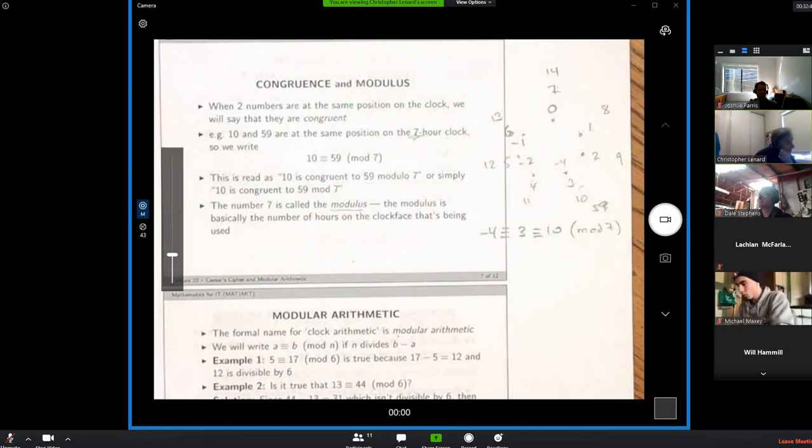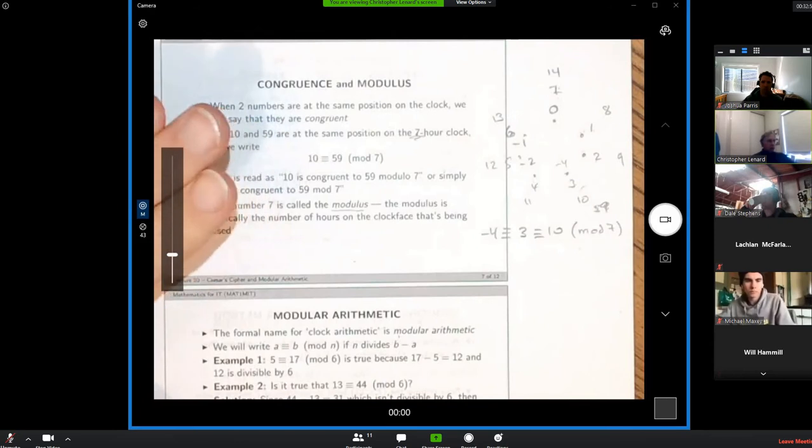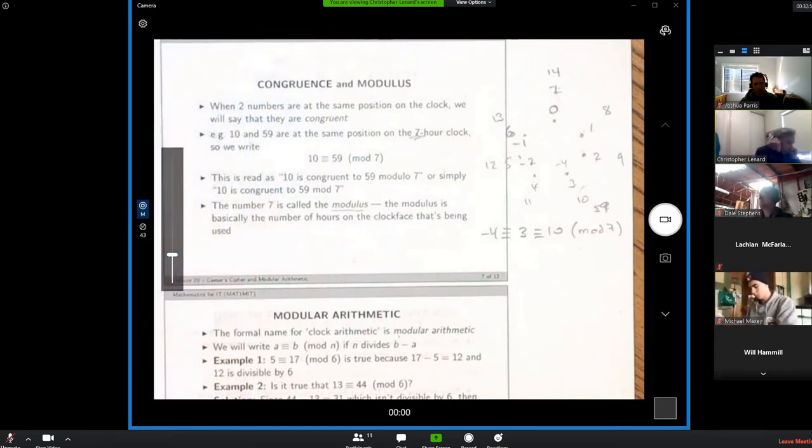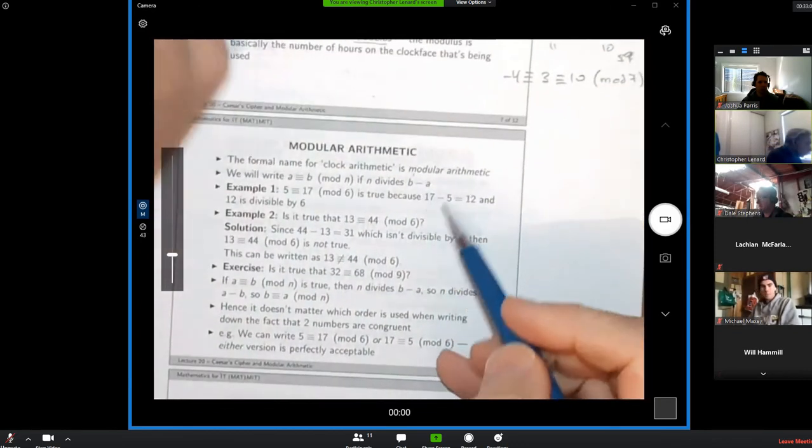And there's a whole subject in mathematics called number theory. And this is one of the basic, I mean, you could just study these things for a whole semester or a whole year or a whole lifetime. We're just scratching the surface in terms of the terminology. But this kind of thing is called modular arithmetic,